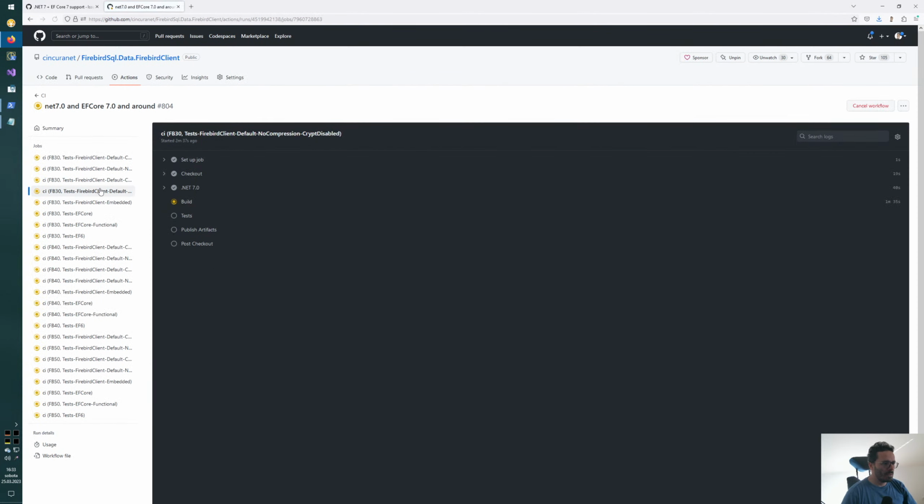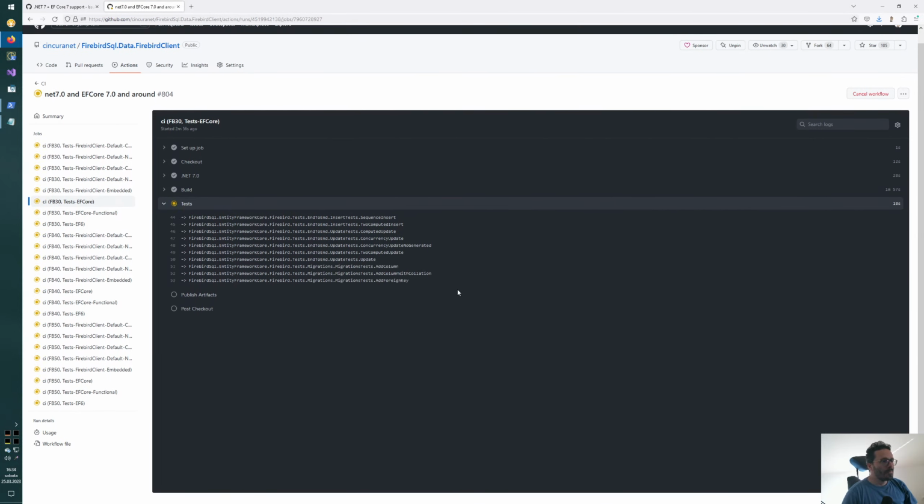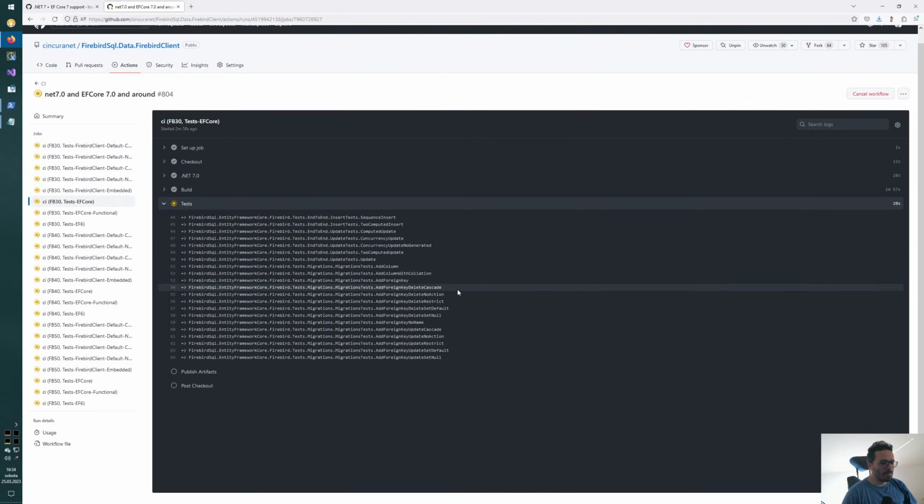Still building. Something testing already? No? EF6? No, really? Yes, seems to be running. So, given it's not failing on my side,